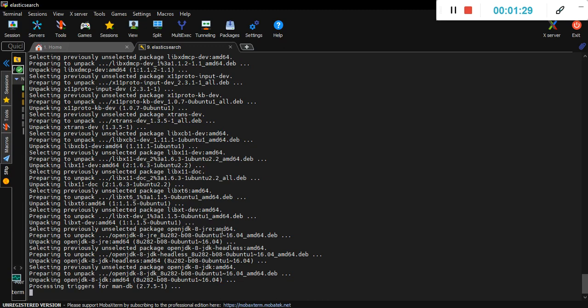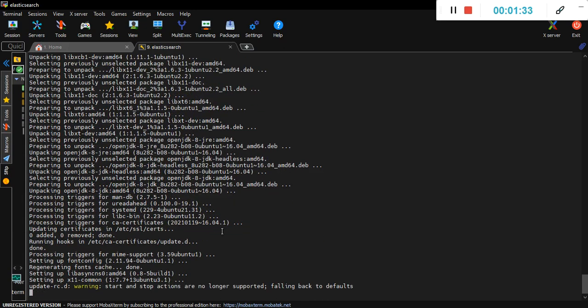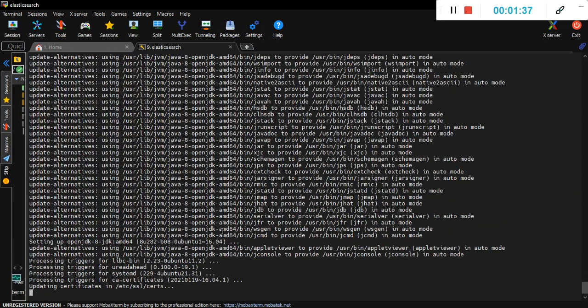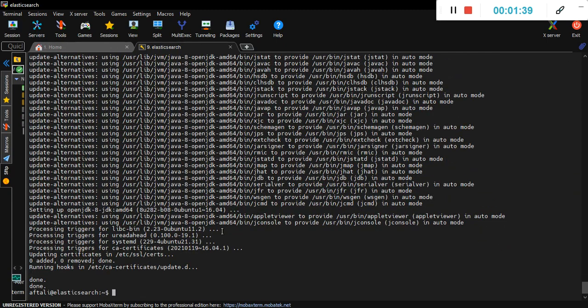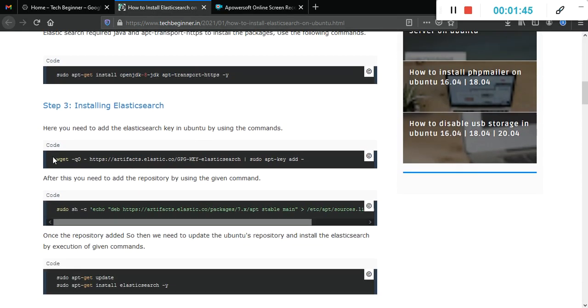We need to wait until then. So it's about to complete. Okay, so it's installed successfully, and after that we need to add the Elasticsearch repository and key.